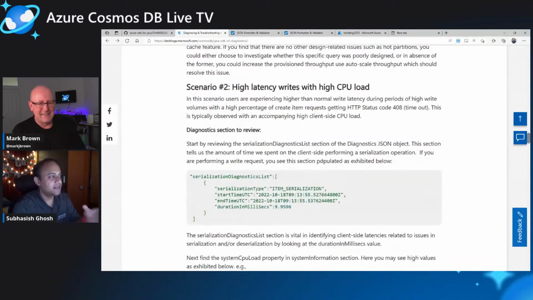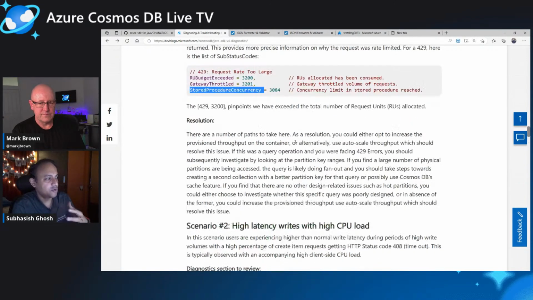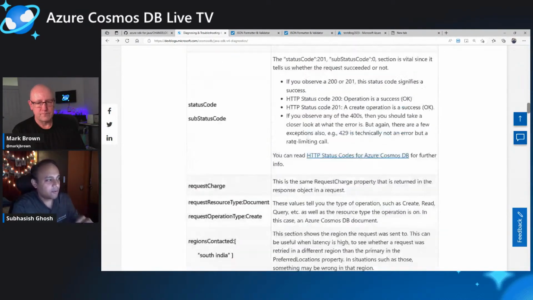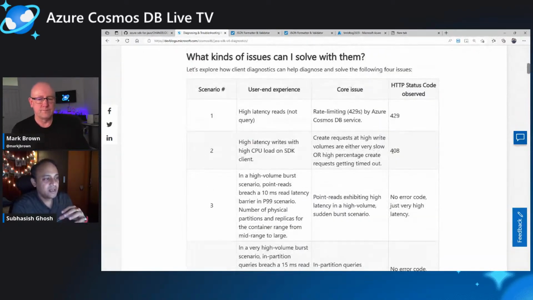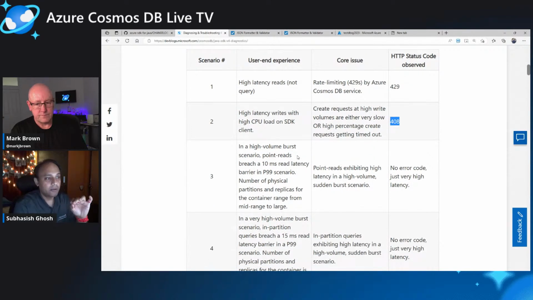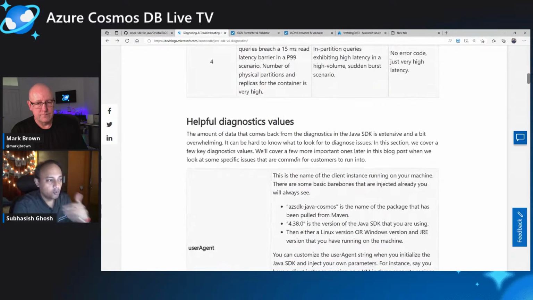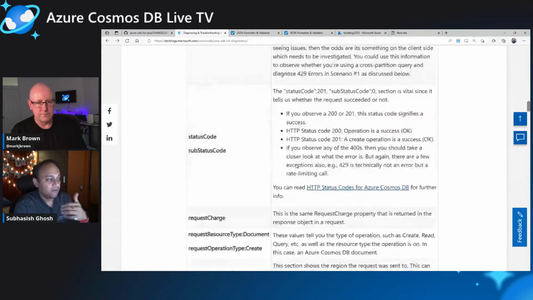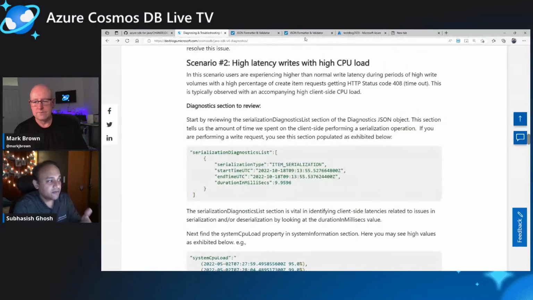So basically, we often see scenarios where there are high latency writes accompanied by high CPU, and invariably, if I go up to the table which we have mentioned, for these bulk writes we eventually see a time when some writes time out with a 408. Now it's a combination of all three, and they're pretty complex. So for a tier 0, the only way to look at it is in the Cosmos Diagnostics, right? And the core bulk of it is the serialization diagnostics list,